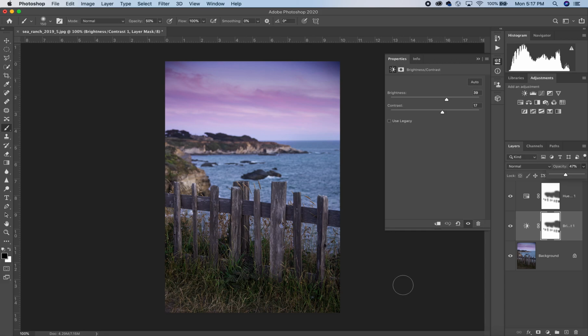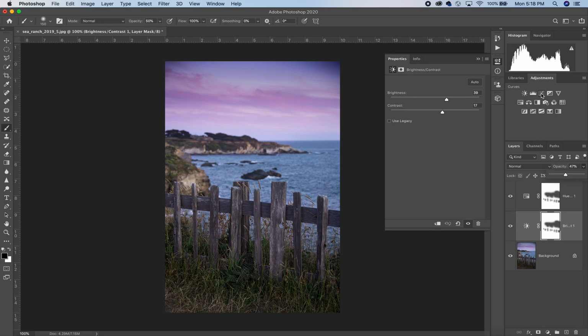Mentioning here is that at a certain point, there is an opportunity for you to do these adjustment layers, but sometimes it can be too much. You don't want to do more than 3 adjustment layers on any one photograph because you can often do many things with just one adjustment layer. So for me, my go-to adjustment layer is not brightness contrast, is not hue saturation, but it is the curves